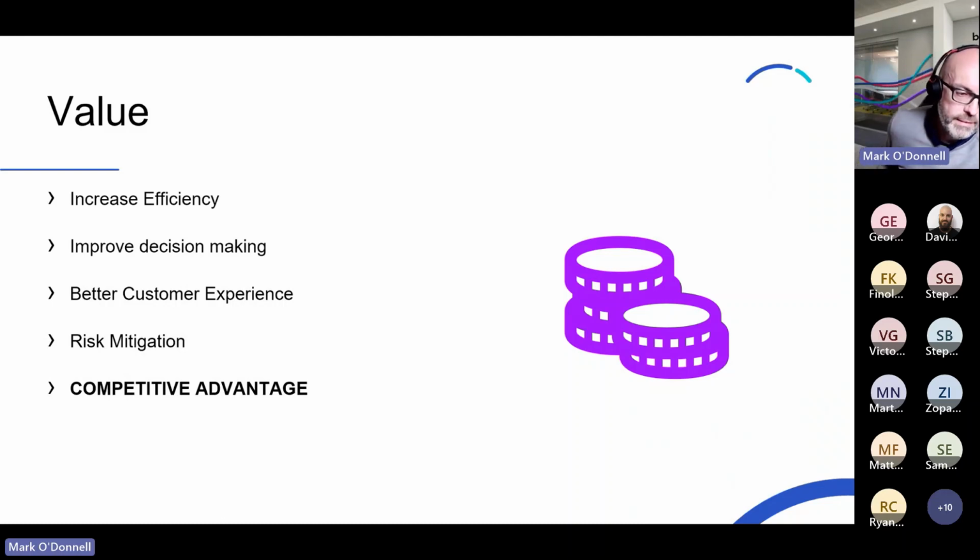What can we do with better data? So we can increase efficiency and productivity. We can use it to review processes and resources, aim to reduce costs and improve productivity. We can improve decision making. We can create better customer experiences. We can mitigate risk, and ultimately all of this delivers some level of competitive advantage. By leveraging business data effectively, businesses can gain that competitive advantage. These are just some of the many benefits to an organisation from having complete, accurate and consistent data across the business.